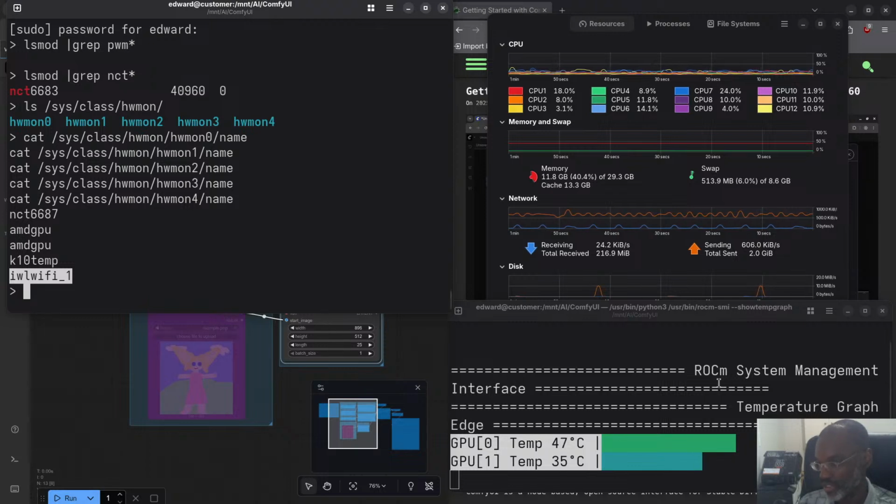because I'm always going to use the ROCm driver, so I'll be reading the temperatures from here, but you can also read the temperatures from here as well. But I'll just read it from here. It's just simpler because I'm saying I'm always going to have it. So I can read it from here. I can also read it from here, or I can read it from the sensors. It's up to you how you want to do it. So the good thing is I can read the temperature. That's fantastic. So unfortunately, I can't control